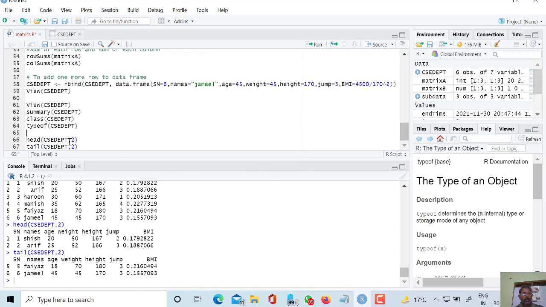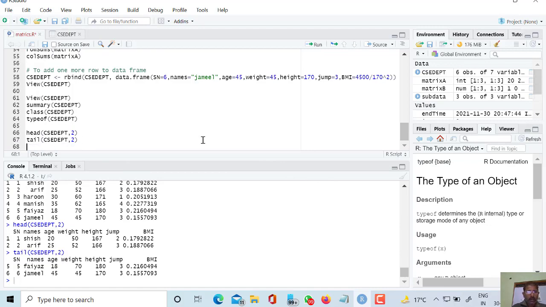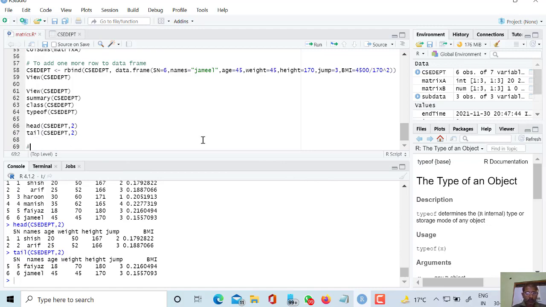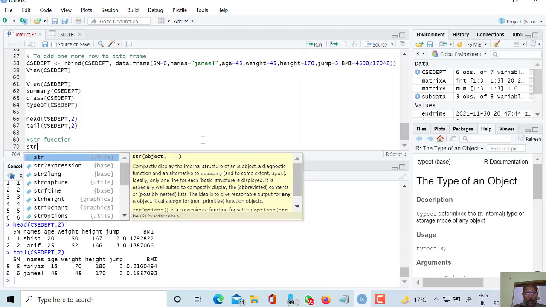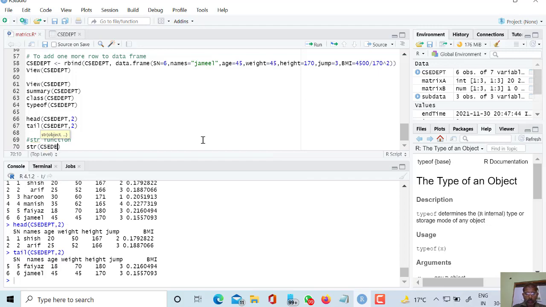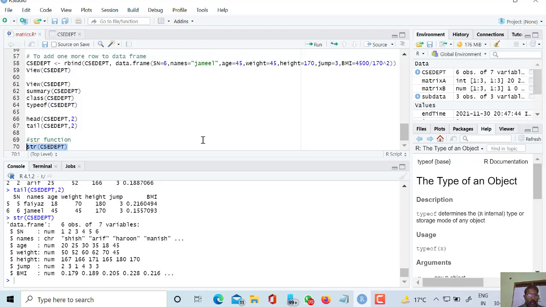Now one more important function is the structure function. It is also a very important thing. I want to know what is the structure of my data frame CSE department, and let us see the structure of CSE department. And here we can see that it is a data frame, 6 objects and 7 variables are there.